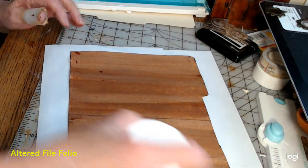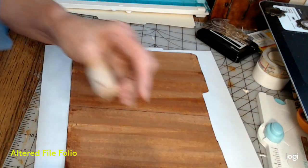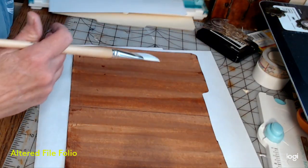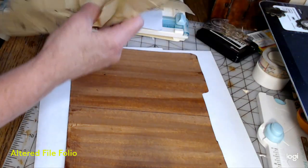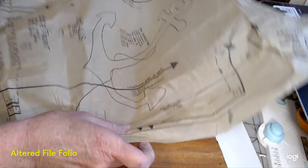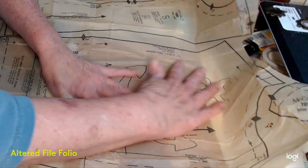Now we're going to get our Mod Podge out. I still have a little left in this one. Use on it. And get your sewing papers out. Get them ready. Okay? That's what you really need to do. Just undo the sewing page. And let's see what you might want